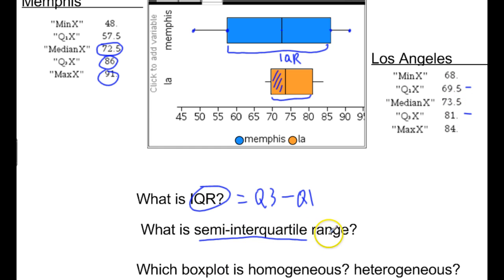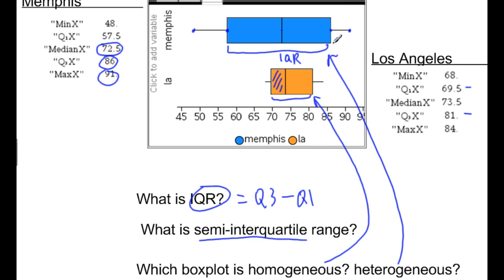It's a semi-interquartile range. Which box plot is homogeneous? So this is not a term we use in AP Stat, but when you're doing psychology stuff like y'all are, homogeneous is when it's more compressed in its appearance. So this one would be more compressed, and heterogeneous is when it's more expanded. So you can see the data has more spread to it here, has less spread. So this one basically means it has less spread. It's compact. This one is spread out. It has more. It's expanded there.